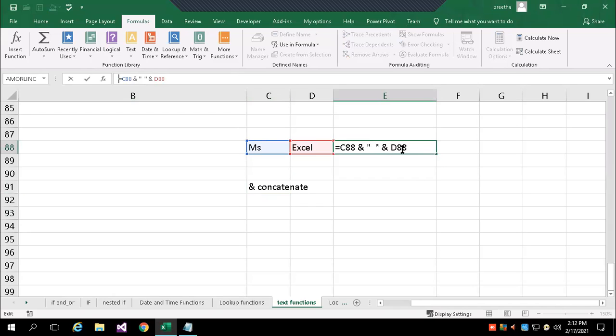It is going to combine MS with a space and Excel.